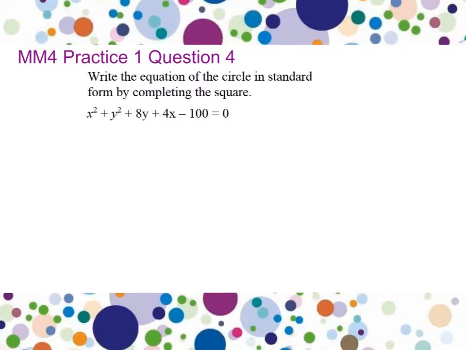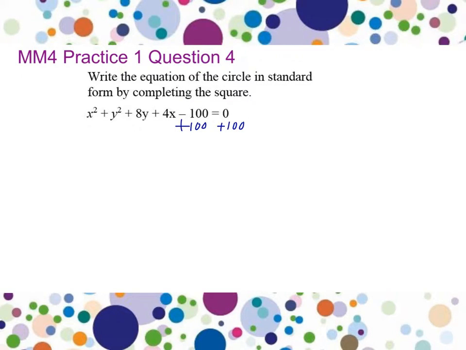All right, the mile marker question 4 is asking you to write the equation of the circle in standard form by completing the square. So we really have a lot of algebra in this type of problem. Our first goal is to get all of the variable terms on the left and move any constant terms over to the right. So the first thing we would want to do here is add 100 to both sides of our equation. That's going to have the effect of getting rid of the constant term on the left. So when you rewrite this, we now have,